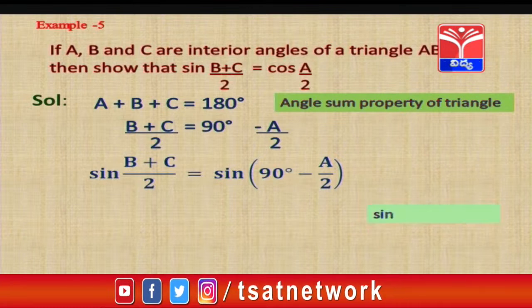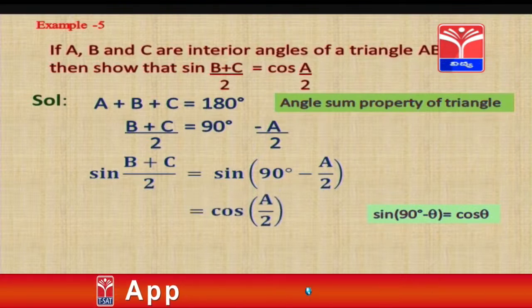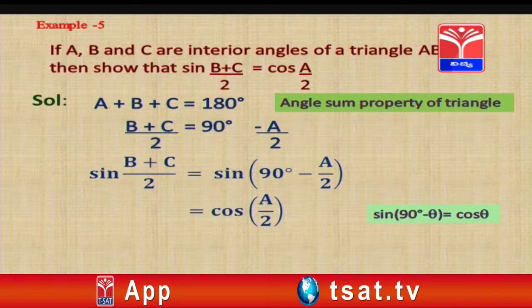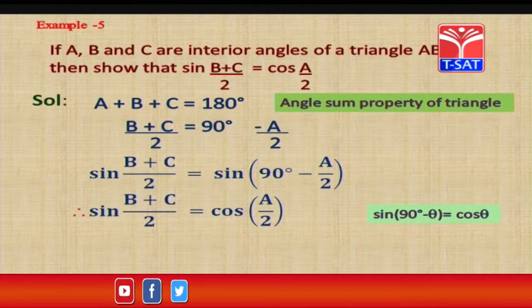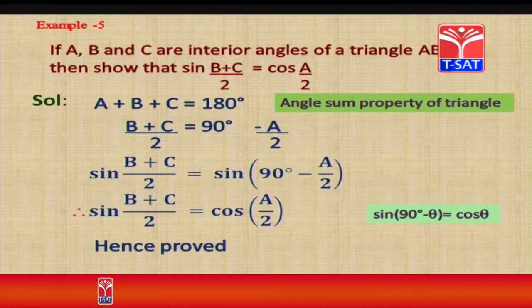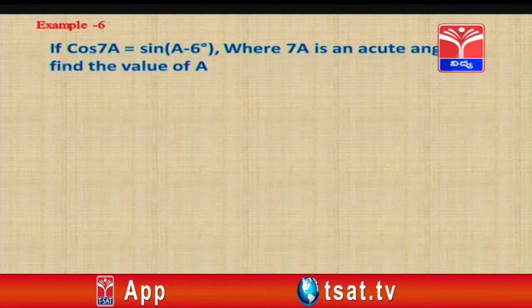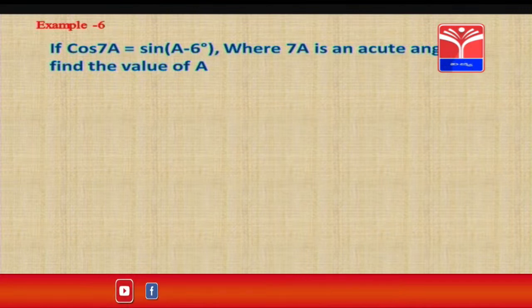But we have a formula, sin of 90 minus theta is equal to cos theta. That means, what can you say now here. So, sin of 90 minus A by 2 can be written as cos A by 2. That means sin of B plus C by 2 is equal to cos A by 2. With this we have proved that left hand side is equal to right hand side, hence proved. Now, we will move to one more example. If cos 7A is equal to sin of A minus 6 degrees, where 7A is an acute angle, find the value